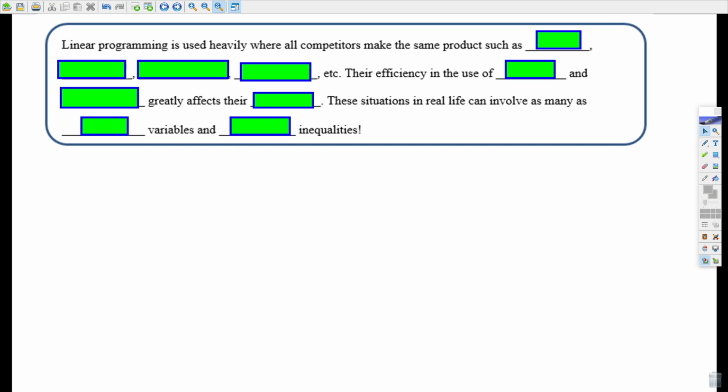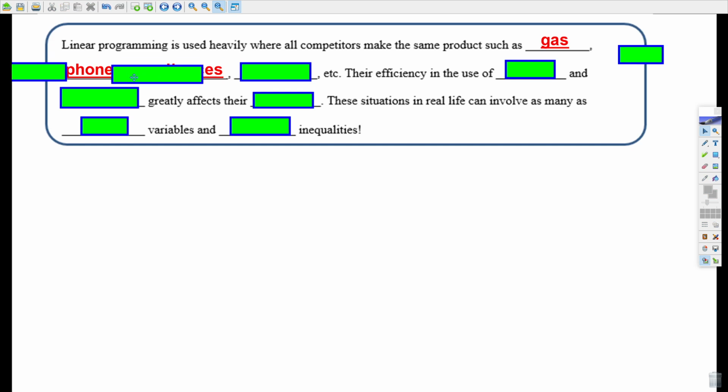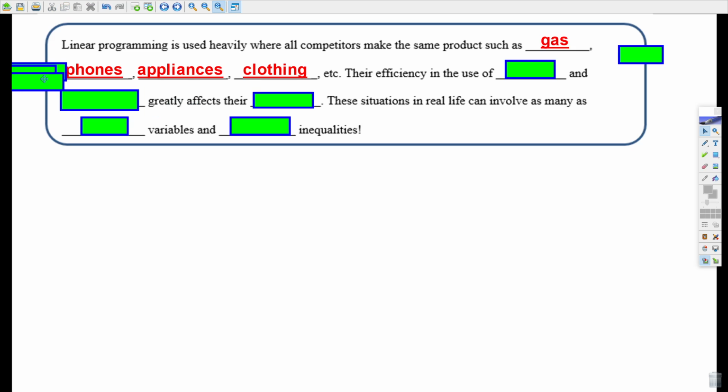So this is actually used in all different kinds of companies. It's heavily used where competitors make the same product, like gas, cell phones, appliances, clothing, all that stuff. So many companies would use something like this. It's all about maximizing the profit of things that they're making. Pretty much any company would need a linear programming problem with all the different constraints to figure out how to make the most money. Their efficiency is in use of labor and materials. So if you're paying somebody money per hour and how efficient you can be with the materials that you have,